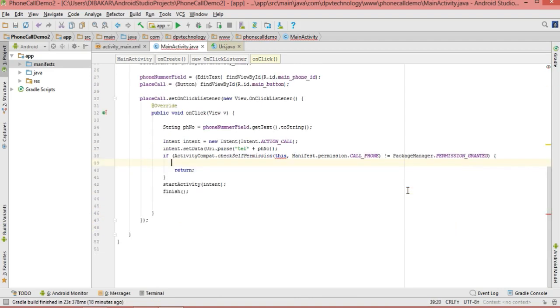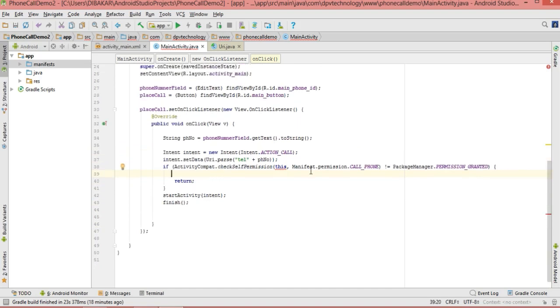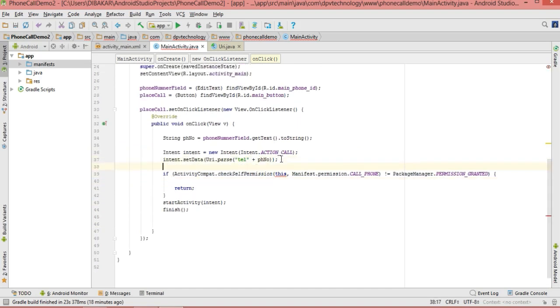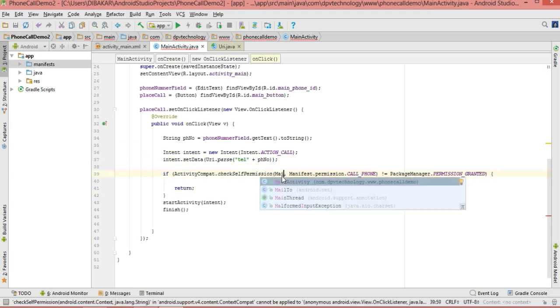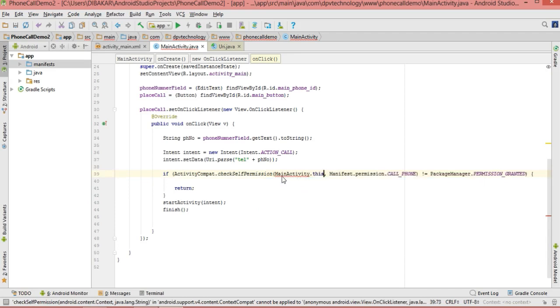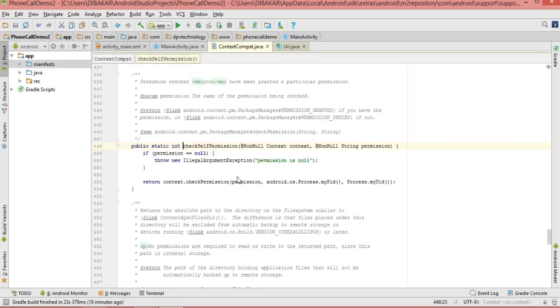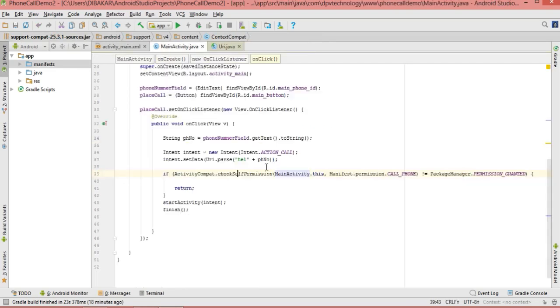And let's delete this, and here instead of this we have to pass the main activity context, MainActivity.this. This is the context. You can see checkSelfPermission requires context, then string permission, and here we are passing this permission, Manifest.permission.CALL_PHONE,